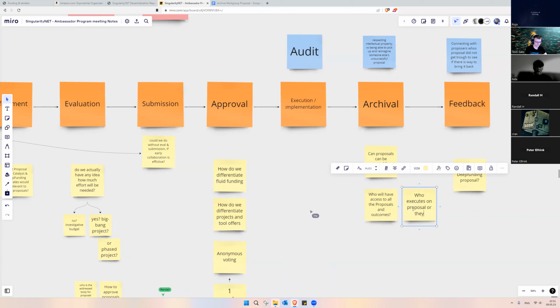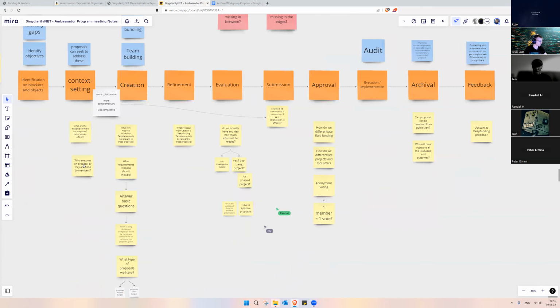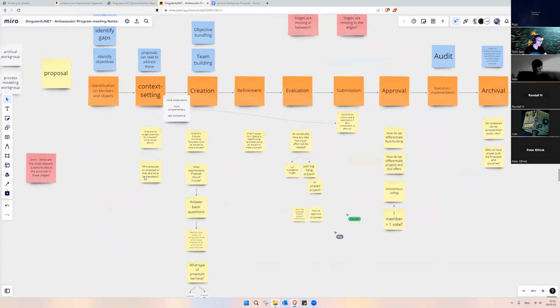I wonder if there's a way that we could come up with what is the essential information that people need in order to make a decision, and then how you write it and how you structure it might be up to you, but